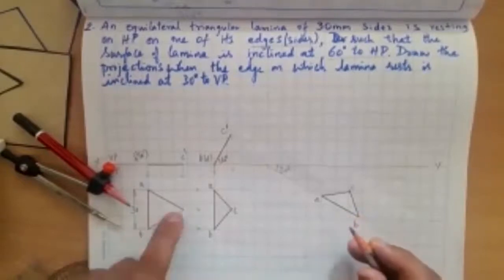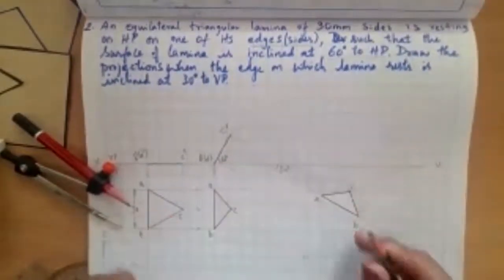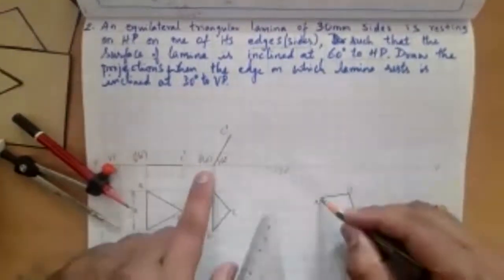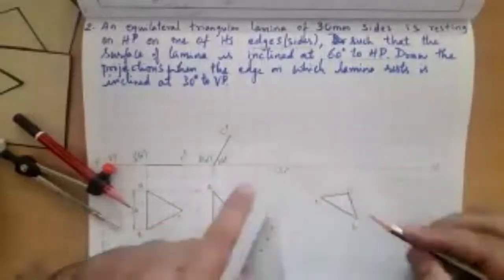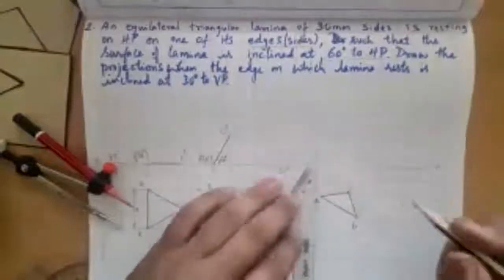I am not drawing this true shape. This will not be of true shape. This is very, very important. This will be of apparent shape. Now from A, draw a line which meets A dash projector. From B, draw a line till it meets B dash projector. It both meets on XY line.